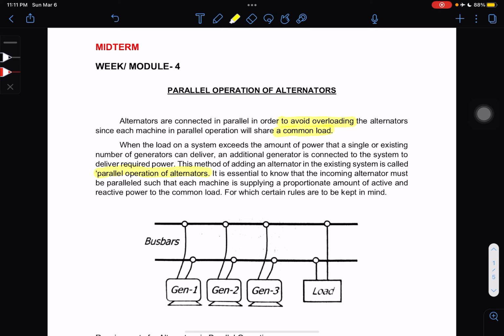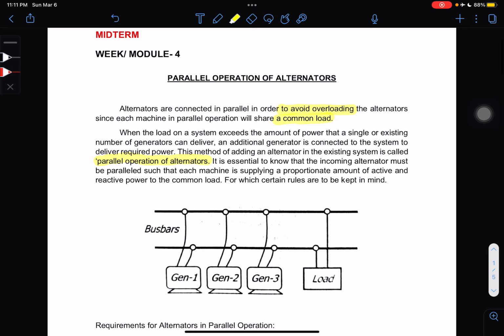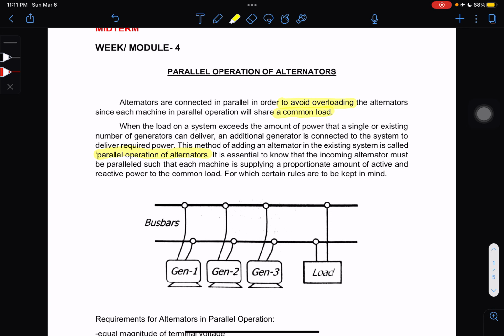So mao ni siya. And it is essential to know that the incoming alternator must be paralleled such that each machine is supplying a proportionate amount of active and reactive power to the common load. So, for which certain rules are to be kept in mind. So, take note lang, pohon if makatrabaho sa mga dagkong field or dagkong factory. So, if mag-involve og alternators, so dapat